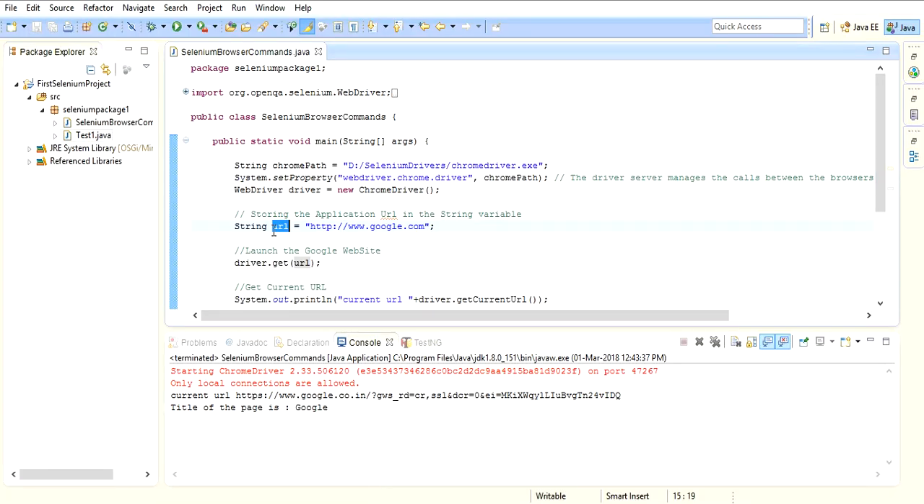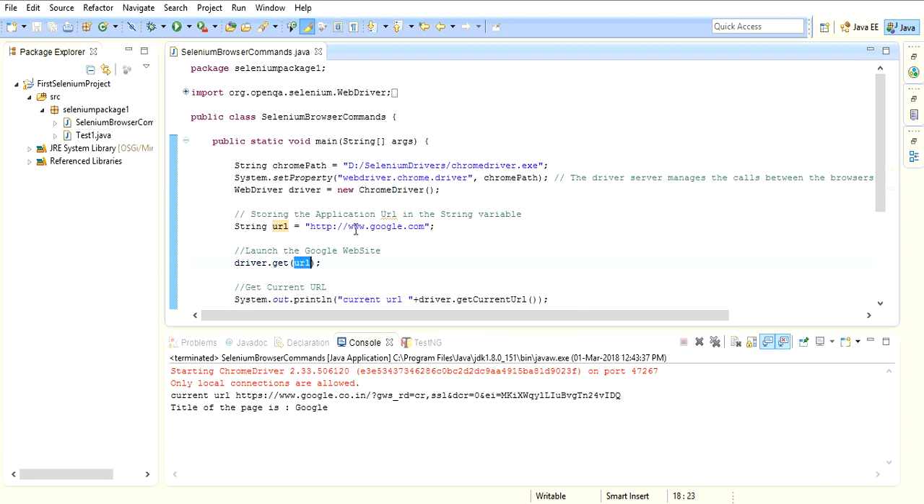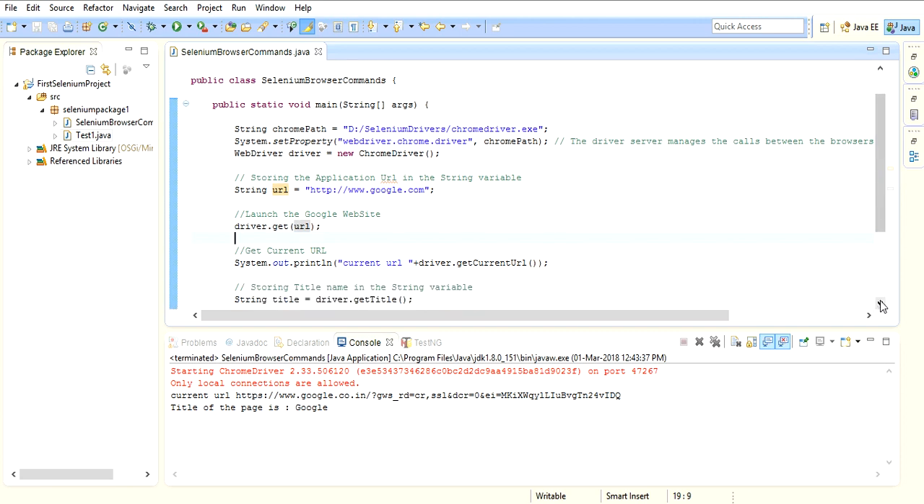So moving on to the code, the driver instance is there, driver.get(URL). What this will do is get this particular URL, which is www.google.com. So it will open up google.com basically. And the next line says System.out.println. So I'm just printing the current URL, which is